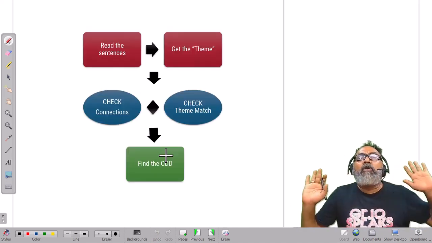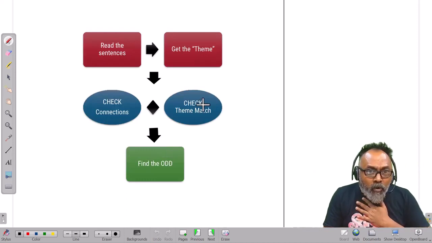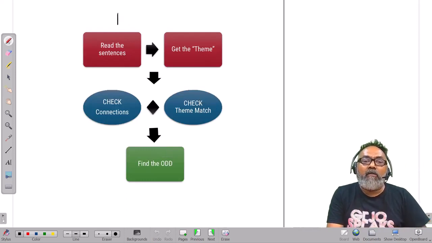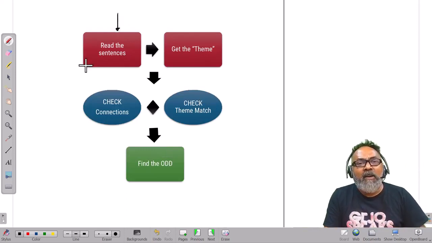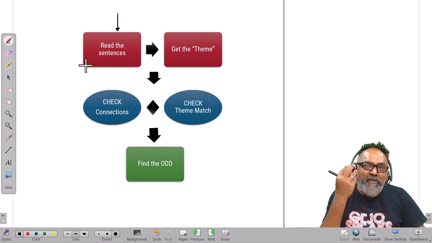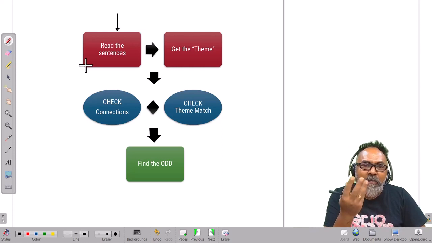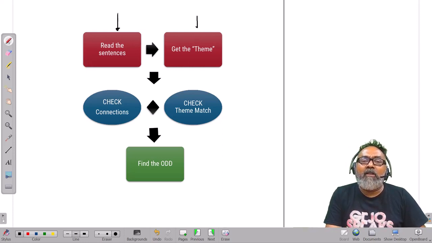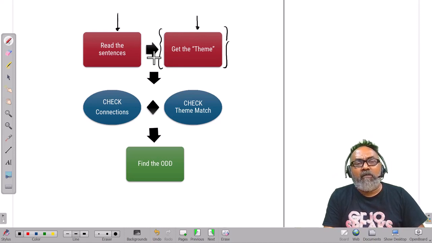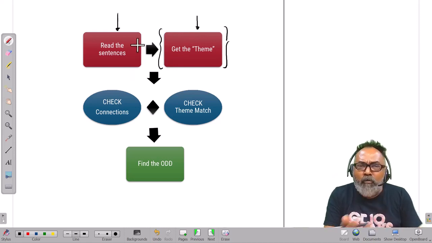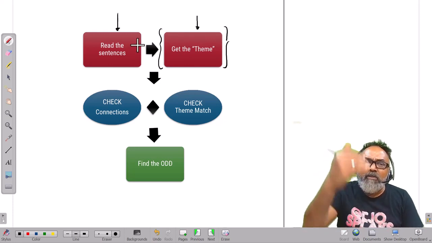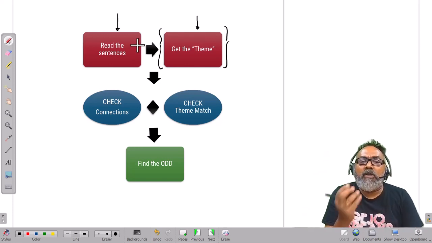The process is going to be very simple. I would want to read all the sentences. When I'm reading the sentences, if I feel sentence number 2 needs support, I'll keep a note of it. I'll think about what concept is echoing, and what I want to get is the theme. See, there is just one odd sentence, right? The four of them are part of the conversation, have to be part of the conversation. So when you read it, you'll get a sense of what the theme is, and then you keep checking.